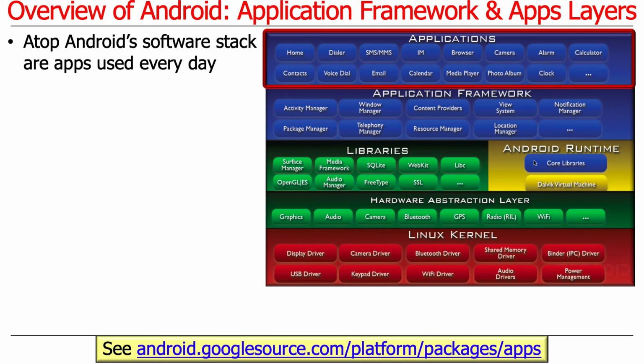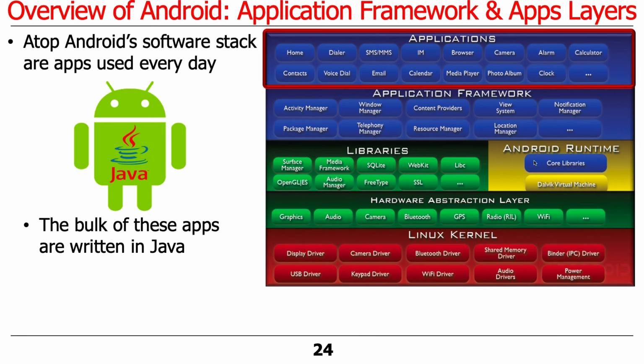On top of all those services, which we'll go into more later, there are the apps that we use every day if you're an Android user. These include things like SMS, MMS, a browser, your phone, your camera, anything that you see as a little icon that you can click on is pretty much an app. The bulk of these apps historically have been written in Java. In fact, I believe all the apps that you get out of the box with the